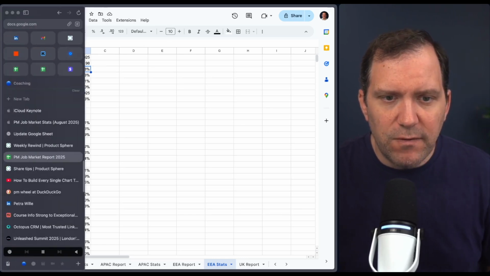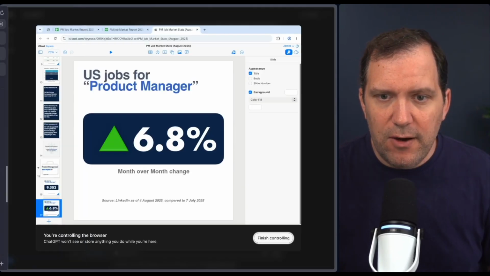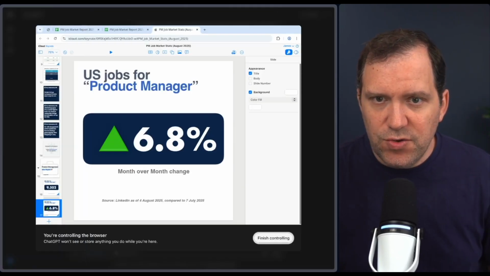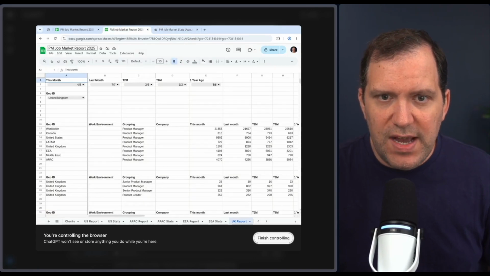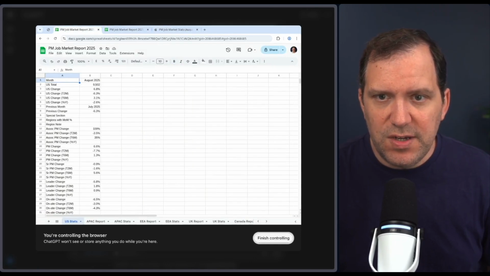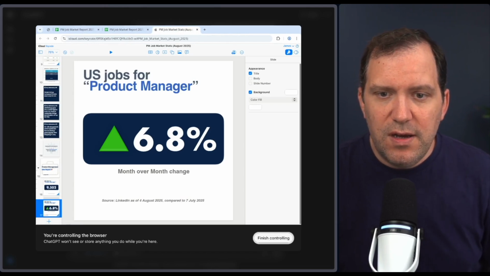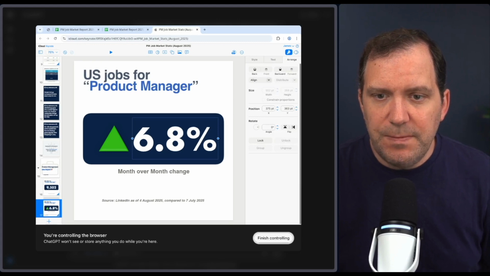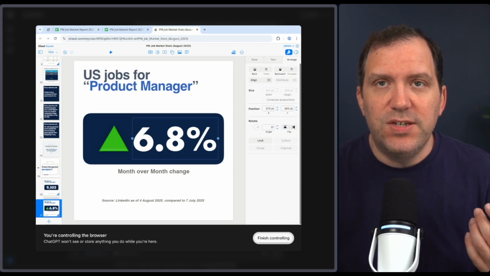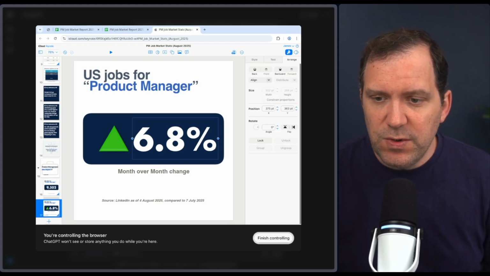But let's go back over to ChatGPT now. I'm done controlling, but you can see this is the control mode. It has access to the Google Sheet that I'm talking about. It has access to the slide presentation. It struggled for about 3 or 4 minutes trying to update this text value, and eventually I had to take over and do it. So we're going to give it another shot,